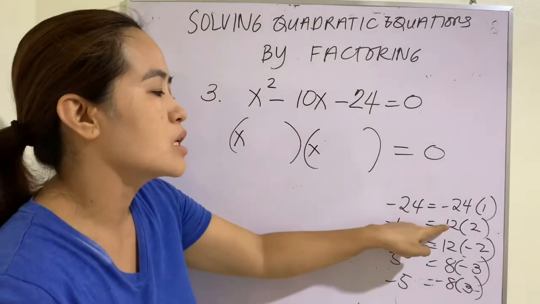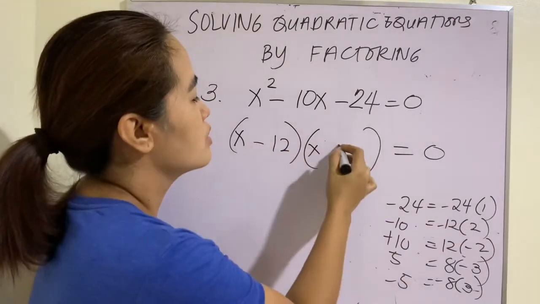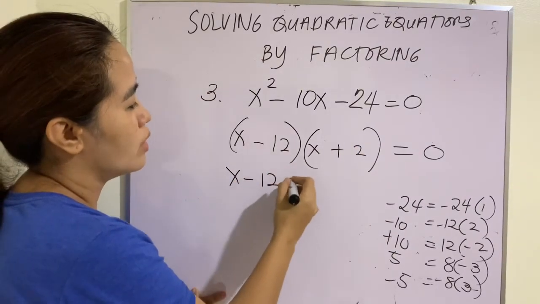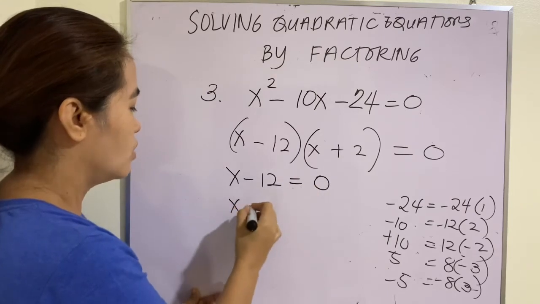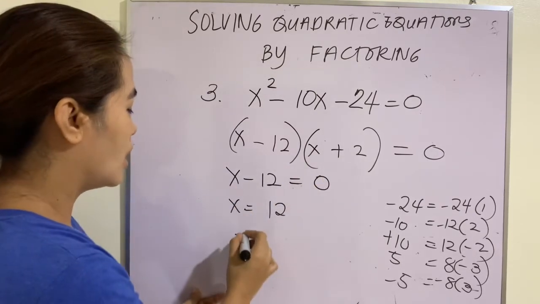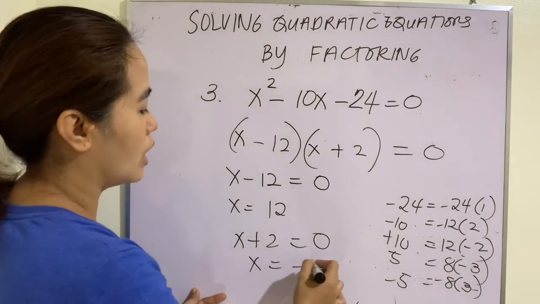So, you will be choosing these 2. You write there negative 12 and then positive 2. That's it. And then you solve for x. X minus 12 equals 0. So, you transpose, that will be equals 12. And the other one, x plus 2 equals 0. You transpose 2, that will be negative